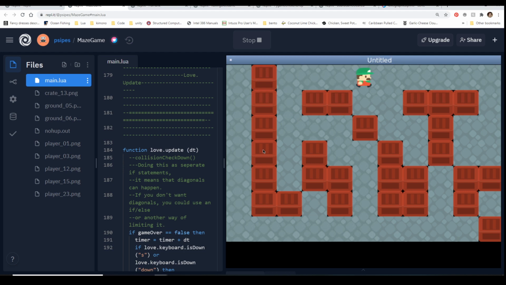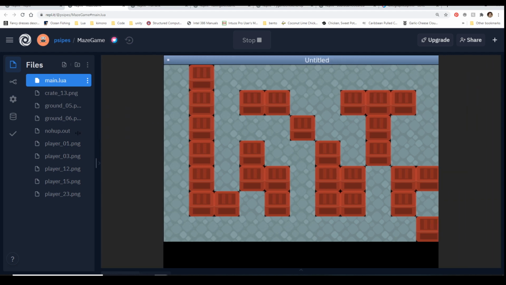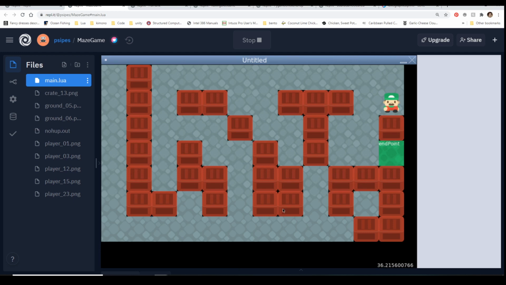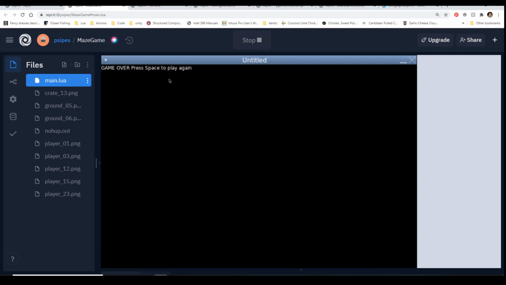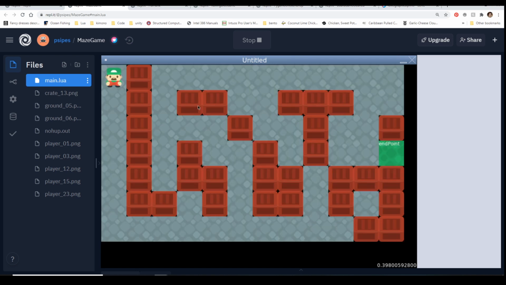And there used to be green blocks that showed where, I don't know when I did this. Oh, because this isn't the full maze. So it's got a timer going in the bottom, and game over, press space to play again. So it'll give you some of that logic if you want to see that logic.